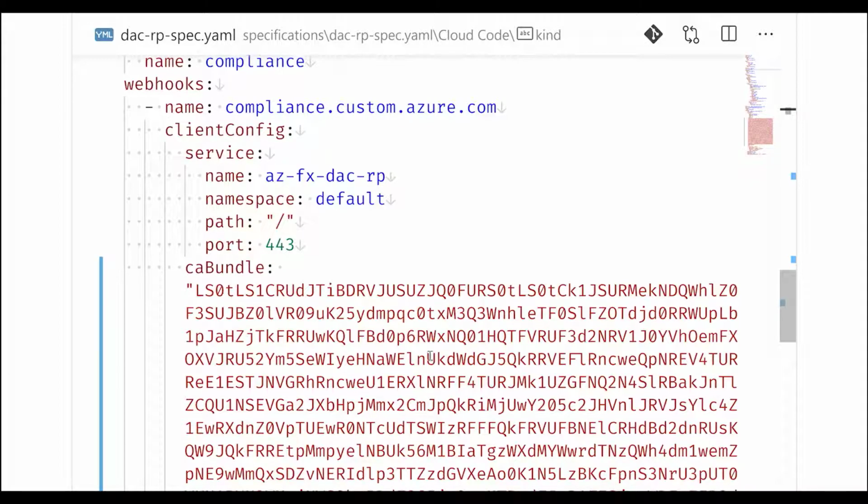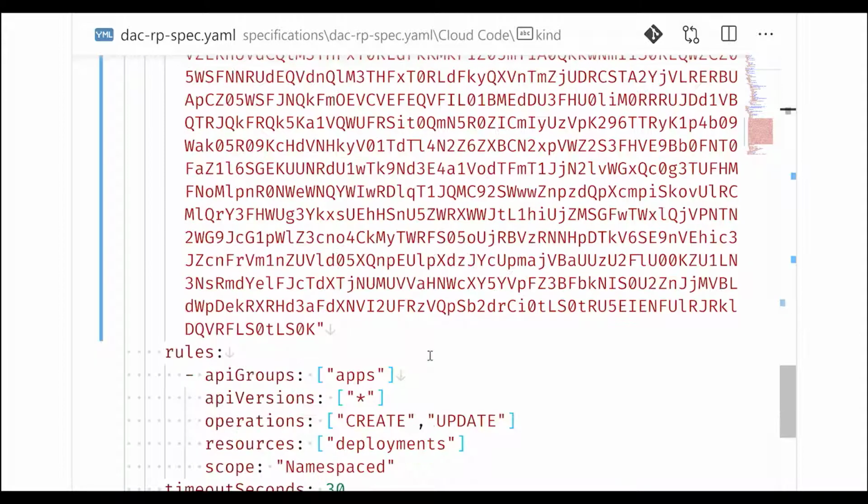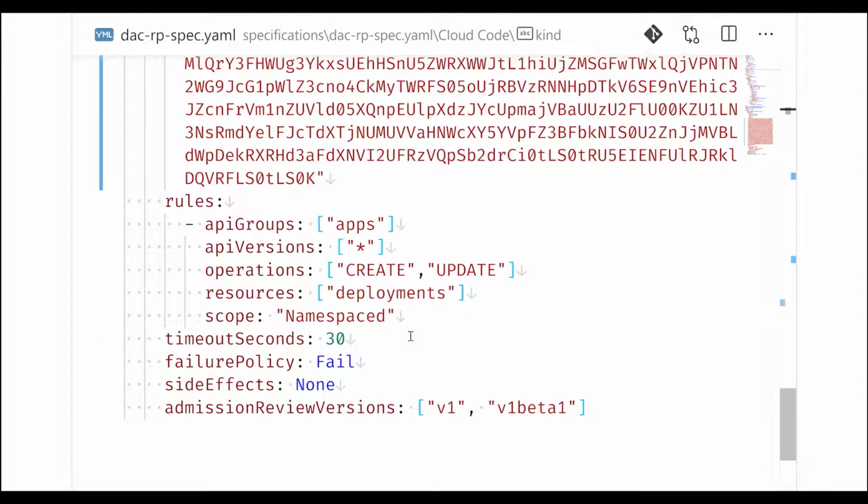And the CA bundle property specifies the certificate that we generated using the script earlier. This policy will only affect the request to create or update a deployment within a namespace.